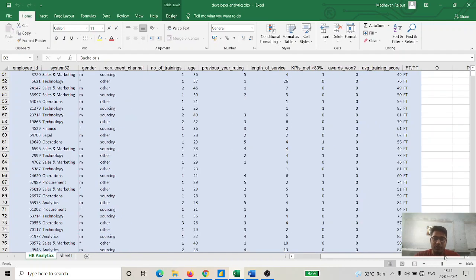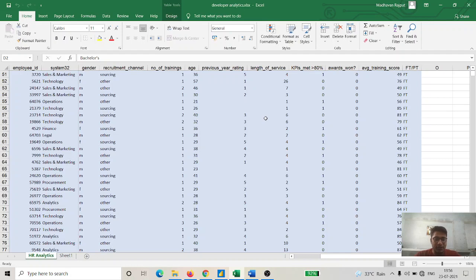So on the basis of the length of service we can evaluate the experience. We can group the employees by experience, like employees who have more than 5 years, less than 5 years, more than 10 years, more than 16 years. So we are going to visualize this.